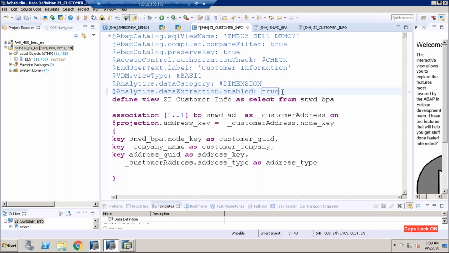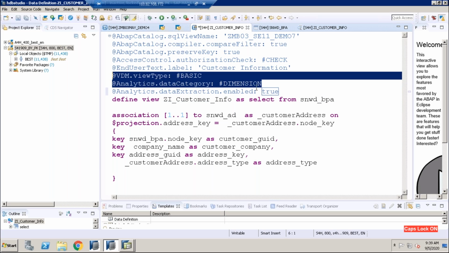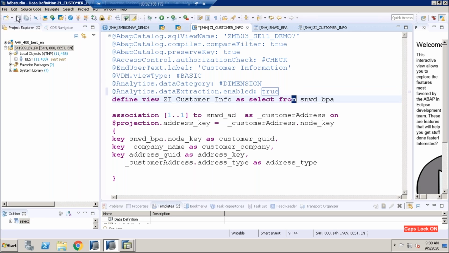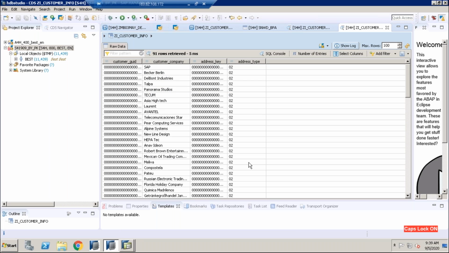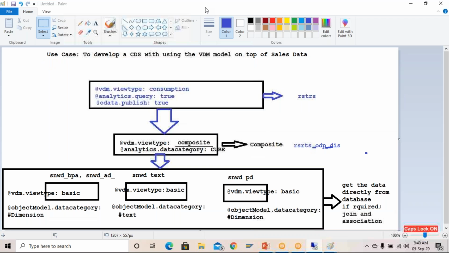So these three are the important ones. The first is very important, you must provide it in order to make it a basic VDM. Okay, just save it and activate this one. It is now activated. Okay, it is now activated, and press save. Now this has become your basic VDM. The others we will be creating tomorrow, and tomorrow we'll be looking at how to use this RSTR